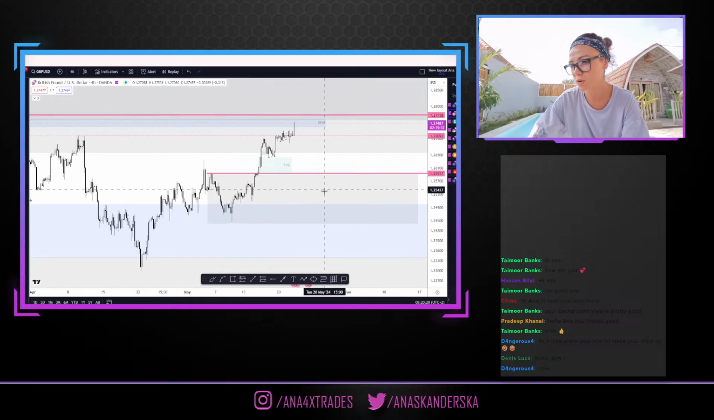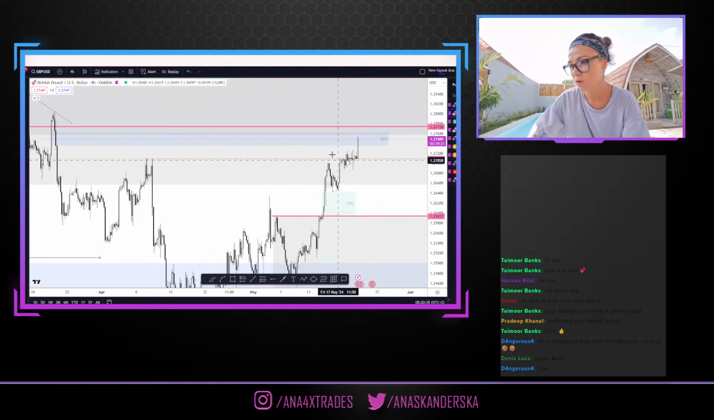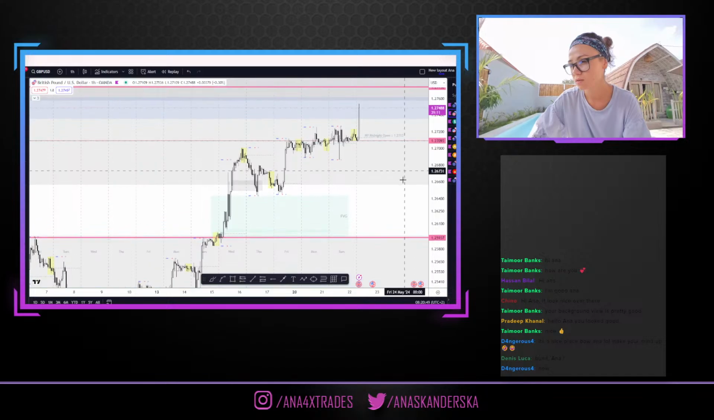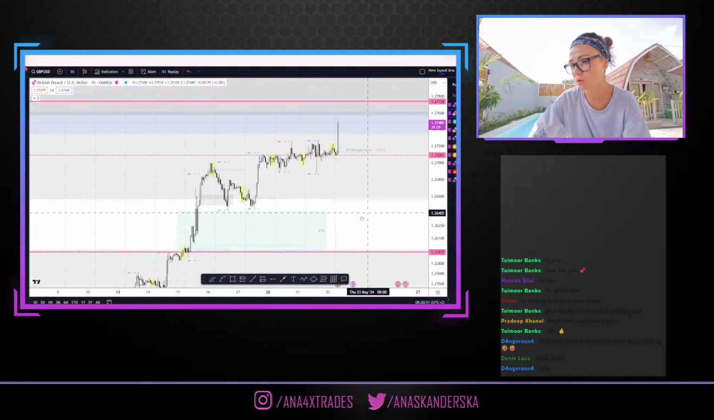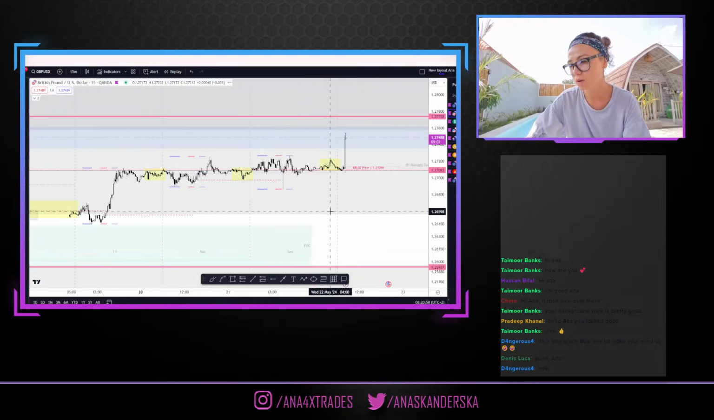With the news we saw the spike on the upside, and I would say the order flow is still very bullish on the pound. So if we get an order flow shift tomorrow with the news, then I will be interested in short opportunities. But for now,